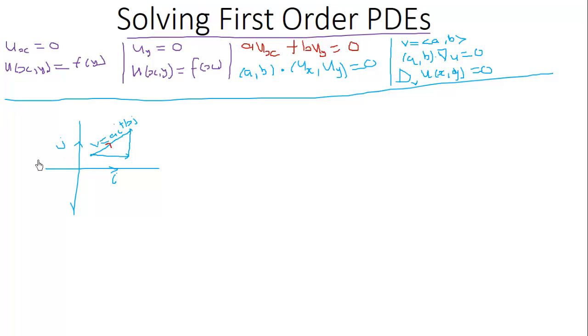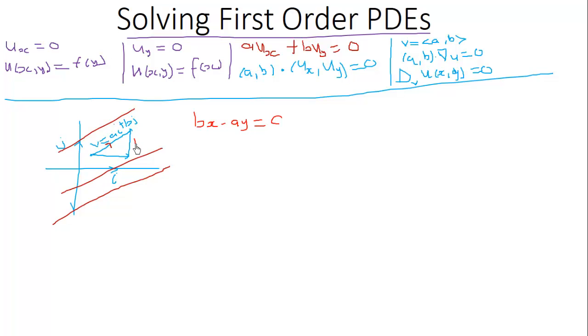So all lines that are parallel to the vector v have this equation: bx minus ay equals c,